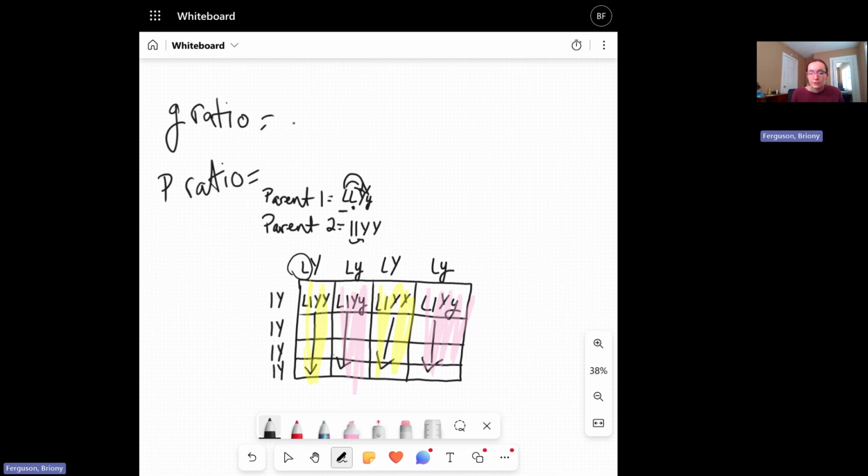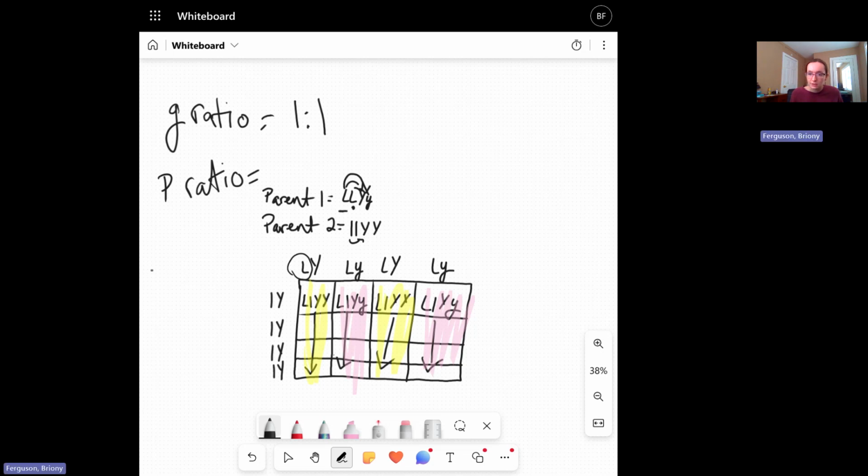So for our G ratio, there's only 2 resulting genotypes in this Punnett square, which means that you have a 50-50 chance. So it's going to be 1-to-1 for your ratio. For your P ratio,